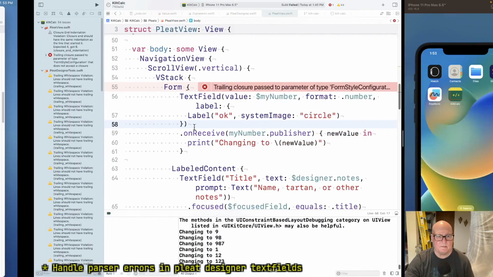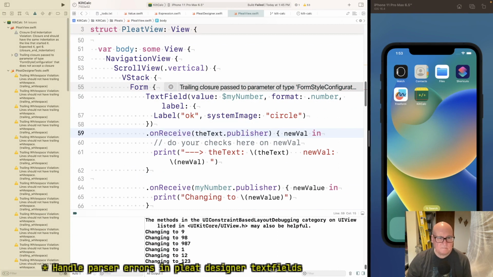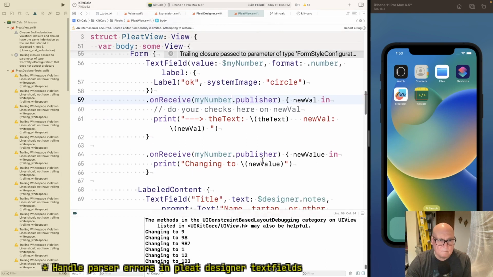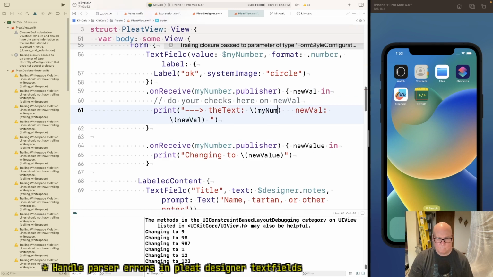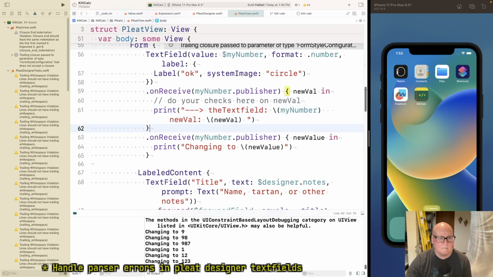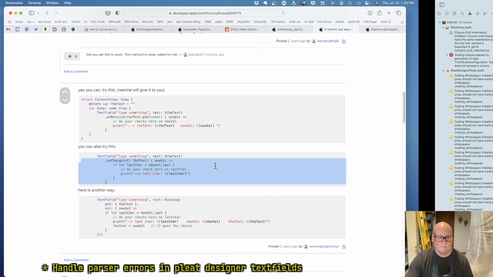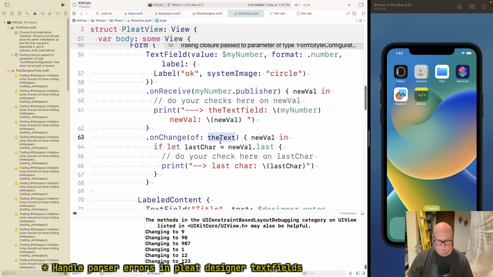I mean, theoretically, they both ought to be able to be plugged in. And then change of my number.